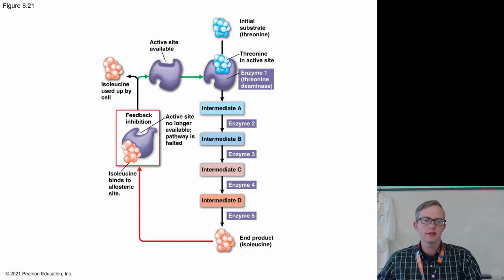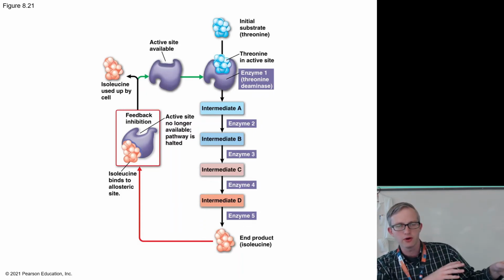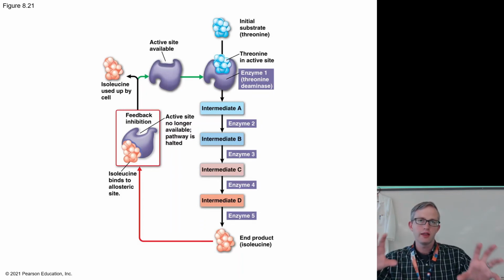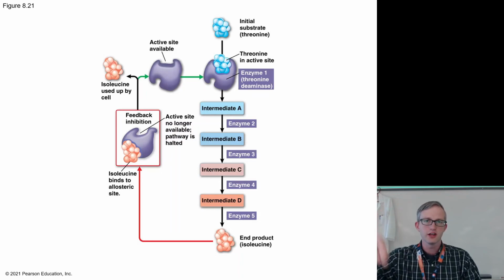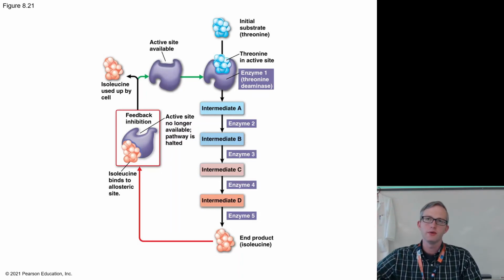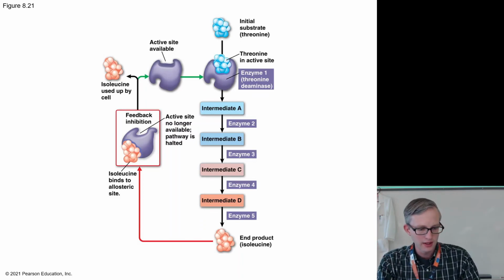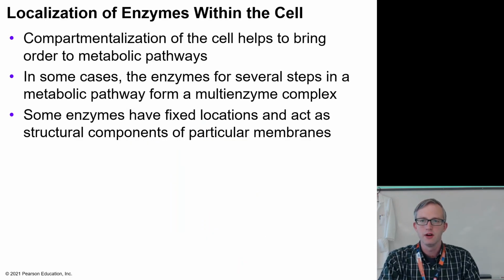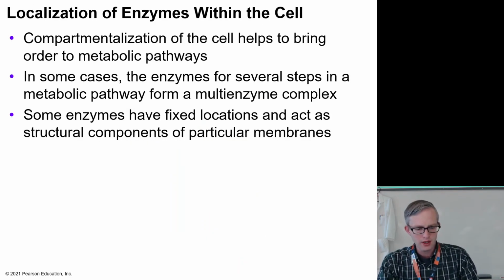So the idea being that if your body needs X chemical, it goes through a whole bunch of steps and produces X chemical, and the production of that chemical goes back and inhibits the creation of it to begin with, because once you start getting the thing that you have, you want to send a signal that says, okay, hit the brakes, we've got it, we made what we need to make. So enzymes are heavily involved in that, but again, that's a topic for another day. This also feeds into future units when we talk about different membranes within the cell.